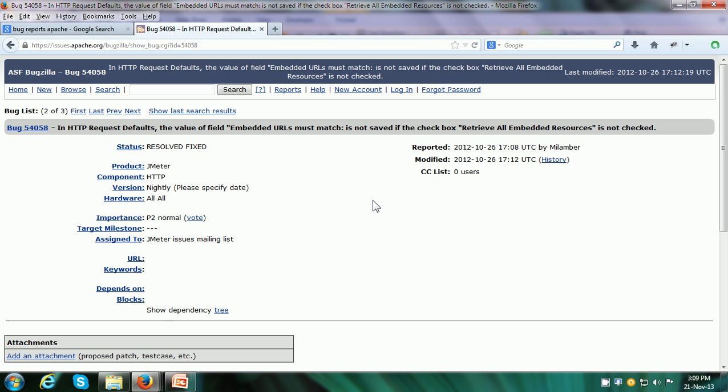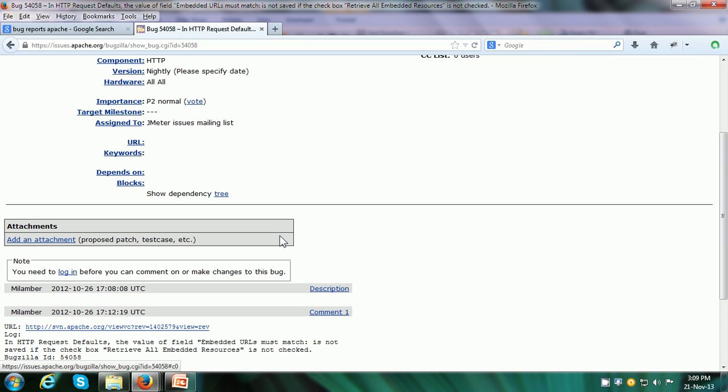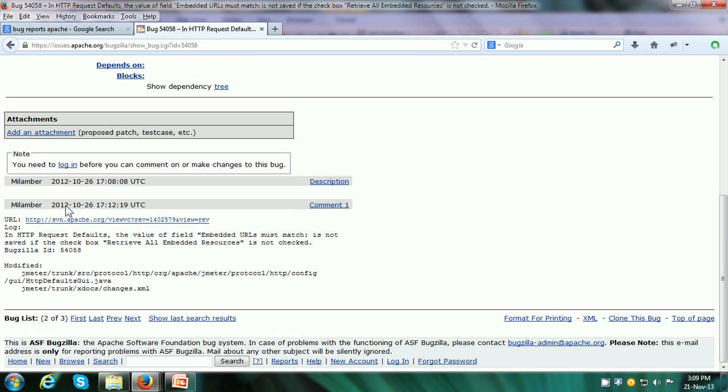Now this is the overall bug report, and there are no attachments over here. Otherwise we would have seen attachments. And down below we can see the different comments. When the bug is first reported, it does not have any comments. When the developer is assigned and analyzes the bug, they can give their own analysis, and that is present as a comment. Here there is a comment by the bug reporter only, and it provides additional information.